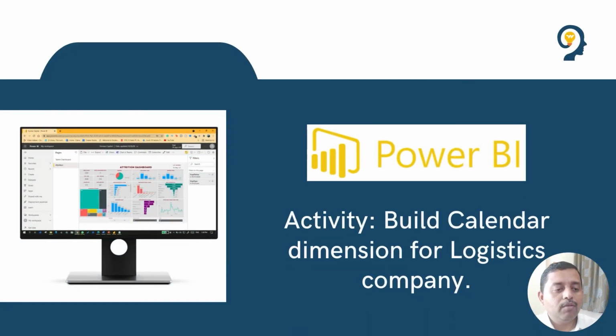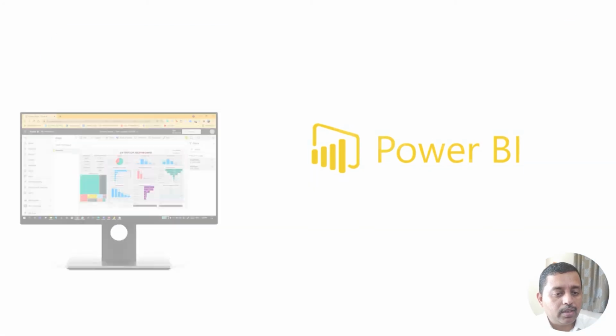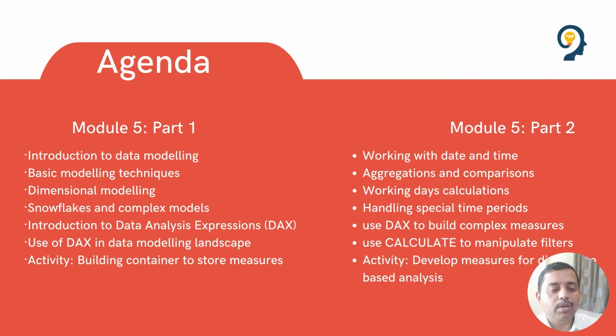The calendar dimension we have already built in this particular activity, so we are just reviewing that. The entire calendar dimension is made. And just to summarize this entire session, we have talked about end-to-end DAX. What is DAX? How DAX forms a layer on top of your data. How you define the lineage of data using DAX. What is data modeling? After preparation of data, what is the fundamental task that you need to achieve in terms of building up this entire model for visualization.